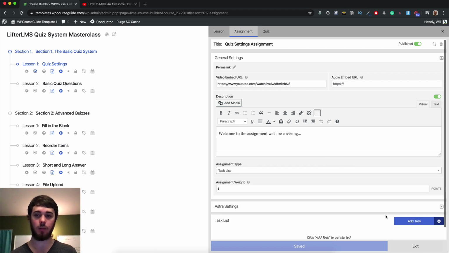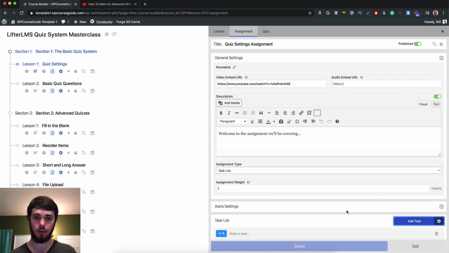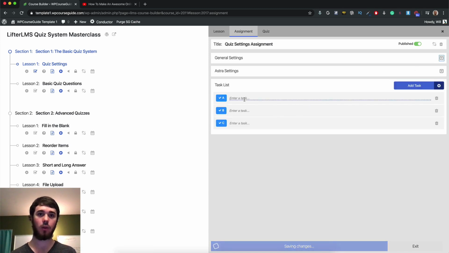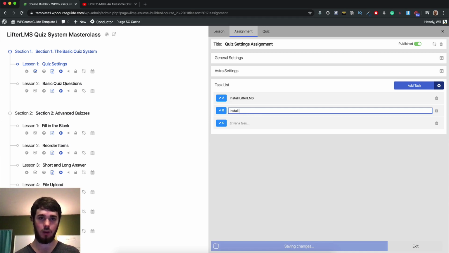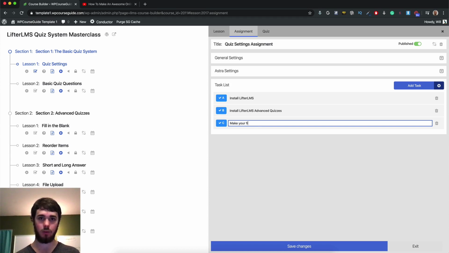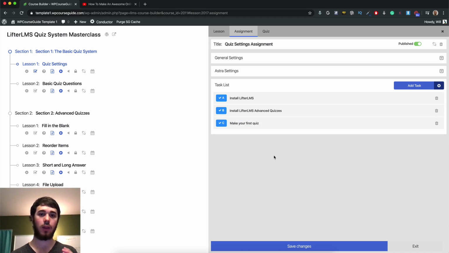So the task list assignment type, let's add a few tasks here. Since this course is about quizzes with LifterLMS that I'm using as an example, I'll create a task list regarding that. So I'll say task 1 is going to be install LifterLMS, advanced quizzes, and step 3, make your first quiz. All right, so now that I have my task list here, I'm going to save changes,